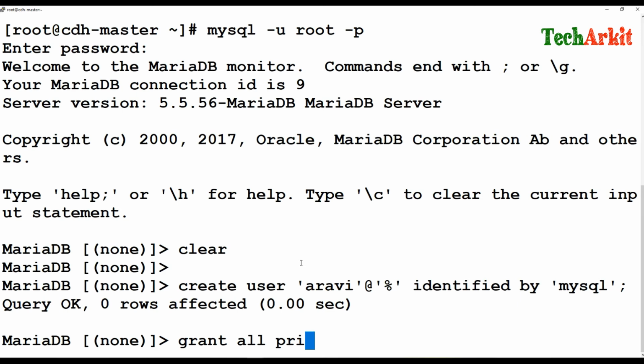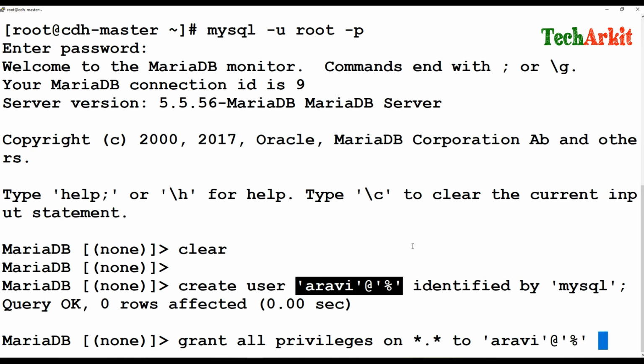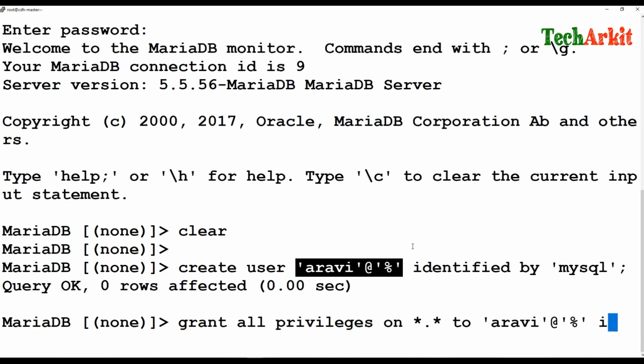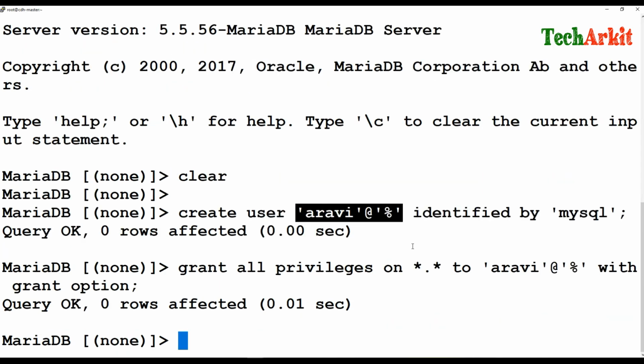Okay, all privileges on star to whatever the username is over here. You can simply copy from here and paste it, with grant option. Okay, now our MySQL is ready,